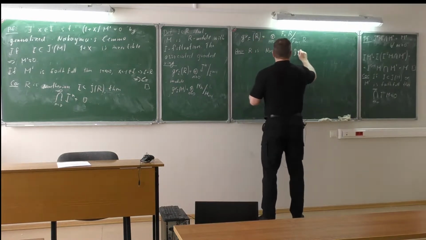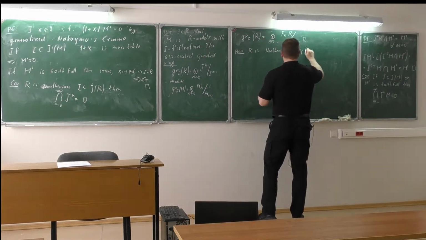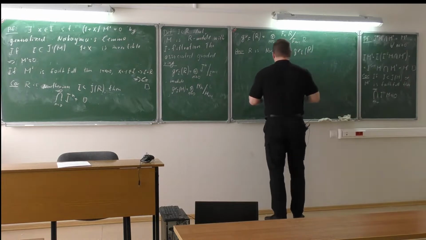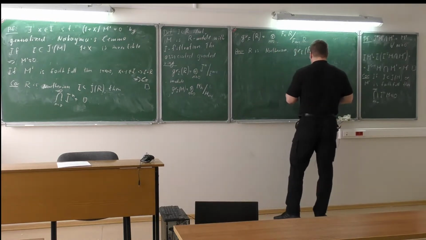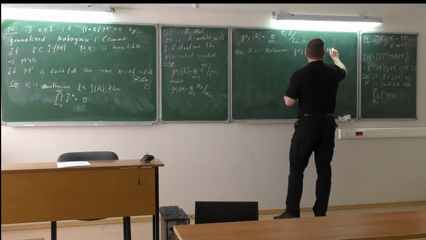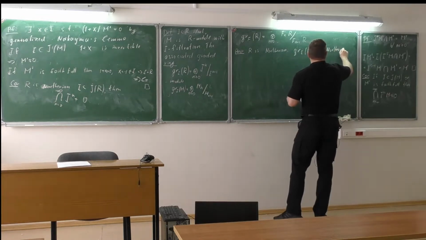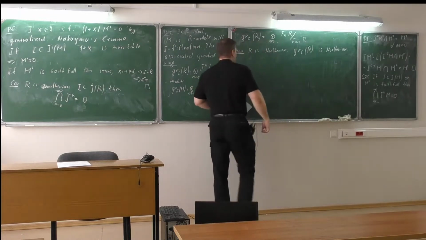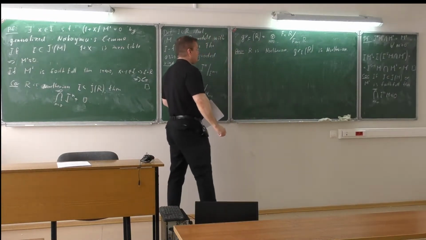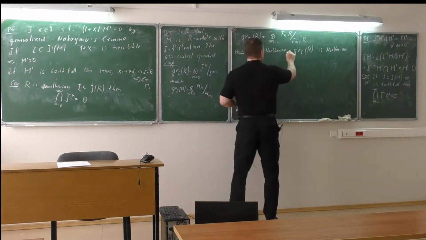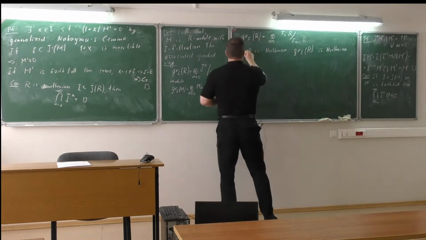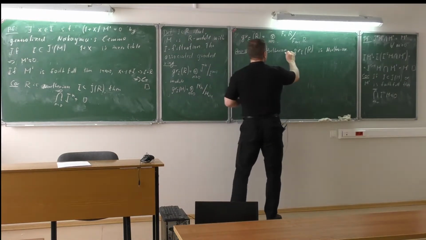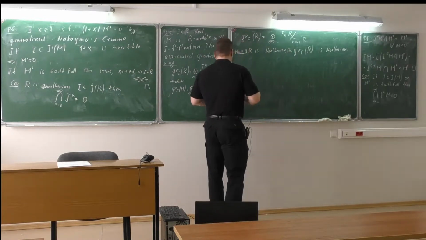Then gr_I(R) is Noetherian. Well, in the same way as we've done for the blow-up algebra, and the proof is actually more or less the same. So, okay, if R is Noetherian, then gr is Noetherian,